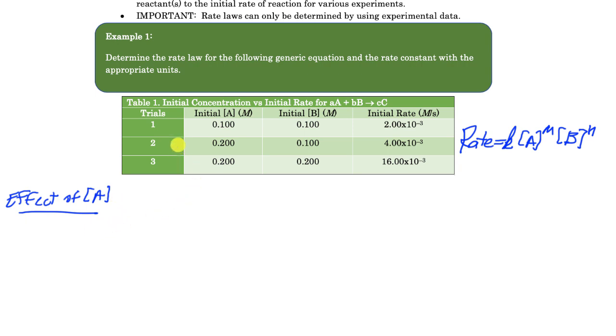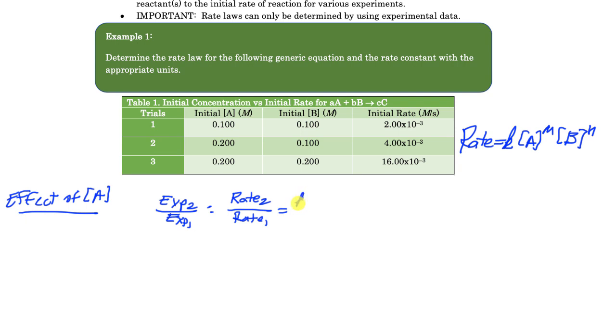What we're going to do is compare experiments 2 and 1. We're going to compare experiment 2 to experiment 1, finding the ratio of experiment 2 to experiment 1. So I'm going to take the rate of experiment 2 over the rate of experiment 1, and that's equal to, basically playing with the format over here,